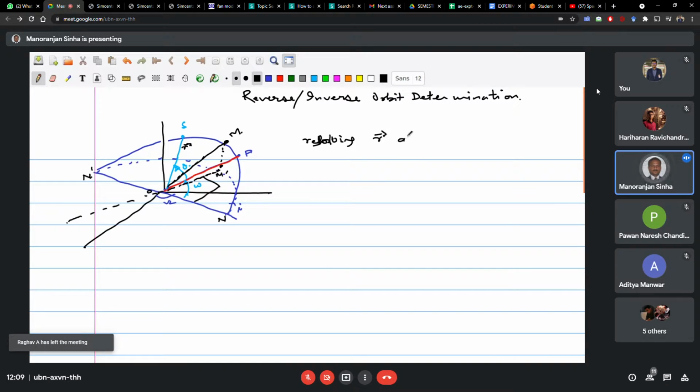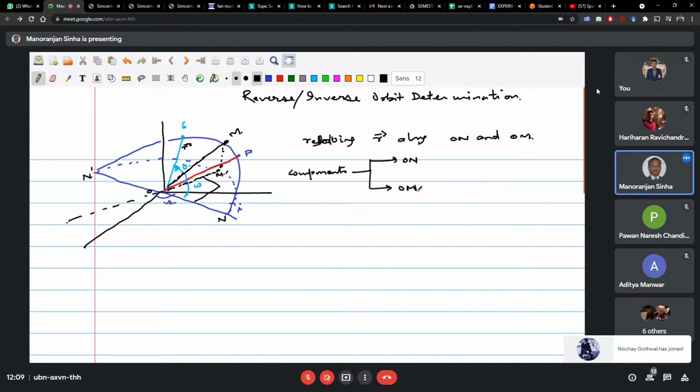Resolving R along ON and OM direction. So this will have components along the ON direction and along the OM direction. So this is clear here that R cos(theta plus omega) minus 90 degree, this will be along the OM direction. So from here we can write